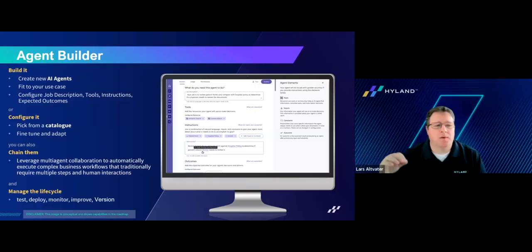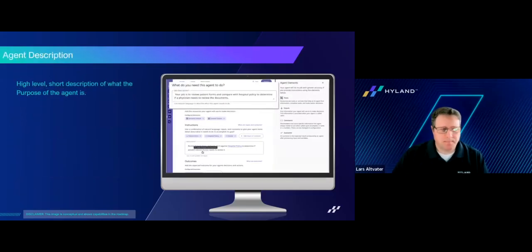And most importantly, we're going to give you tools to manage the life cycle. When you create an agent, you want to test it. You want to make sure that it works, that it returns the response that you want. You deploy it and then you monitor it. You need observability where you can see, okay, an agent needs to make a decision. Why did it make the decision that it did? So you can review, you can improve, and you can create a new version of that agent that, again, you can test, deploy, monitor. It's a life cycle that will be going on where you can continuously improve the agents.